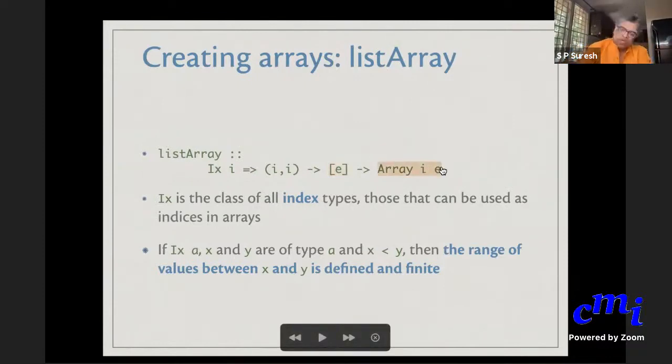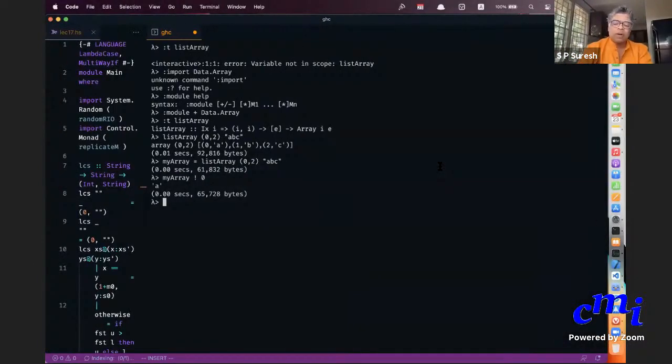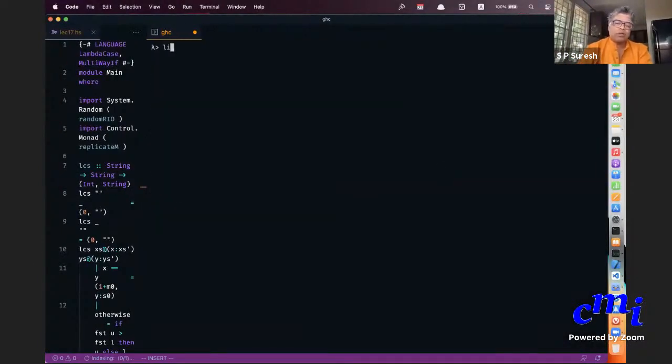For instance, I could come here and clear this, and type list array, just to show you some huge number.